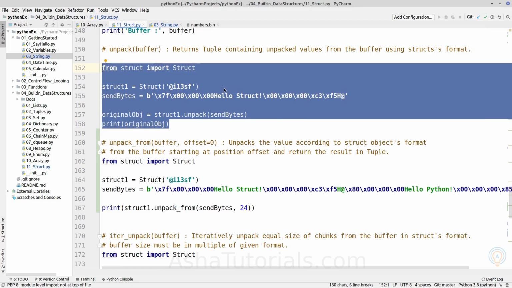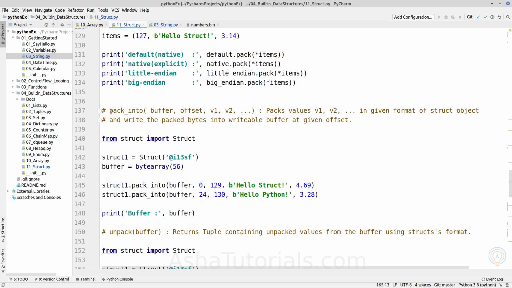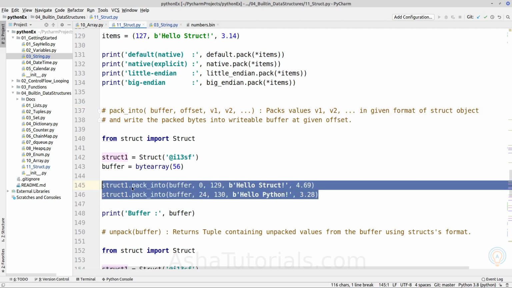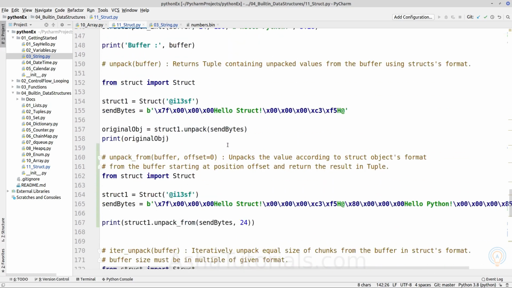Next function is unpack_from. It takes two arguments, buffer and offset. It works the same as unpack, but it takes a buffer and we can provide an offset. From the offset, for the length of the given format, it will extract only that length of the buffer and unpack from that buffer content. Earlier we used the pack_into method to pack more than two sequences of Python objects according to the given struct format. So we have multiple struct elements here.